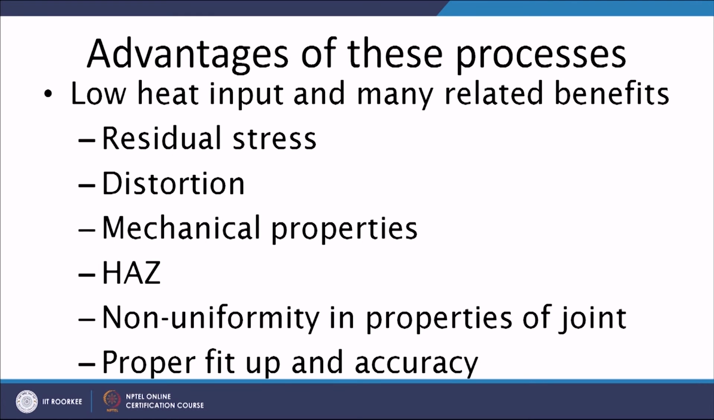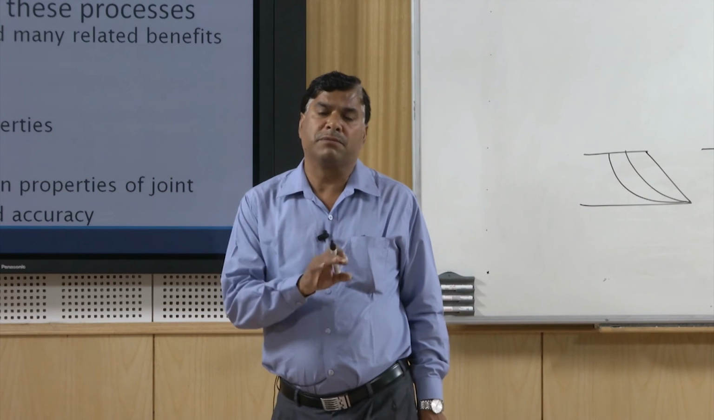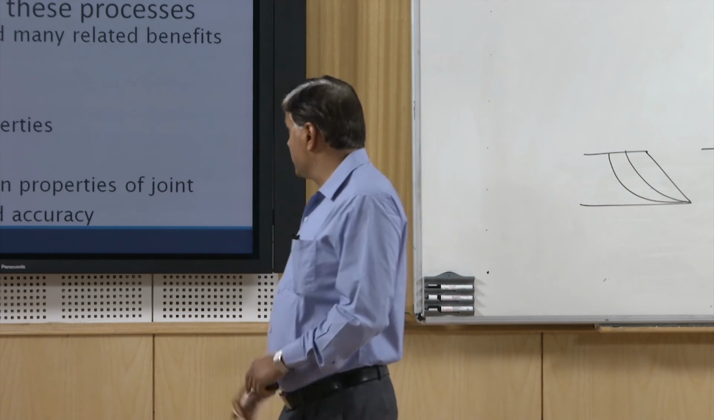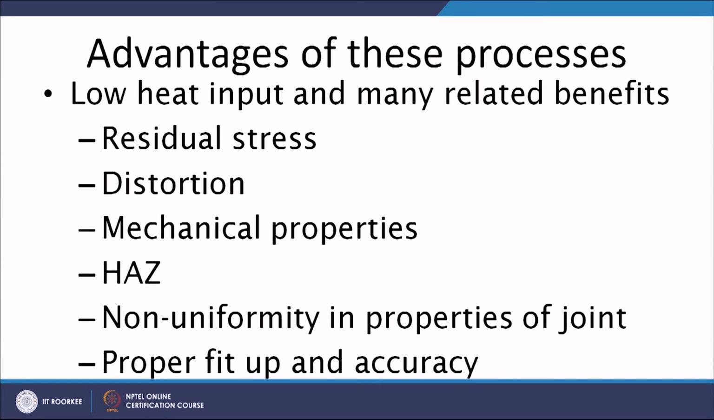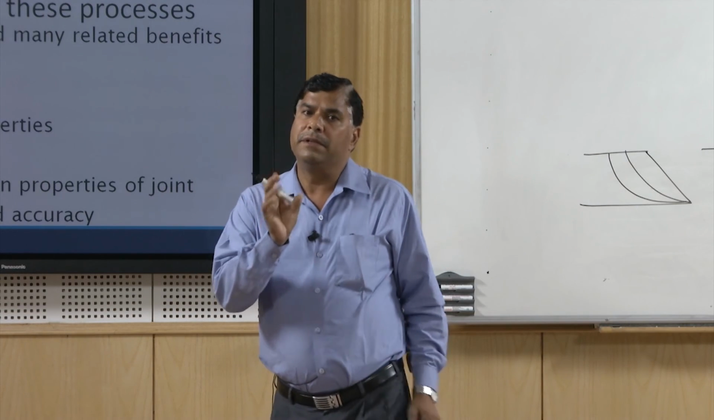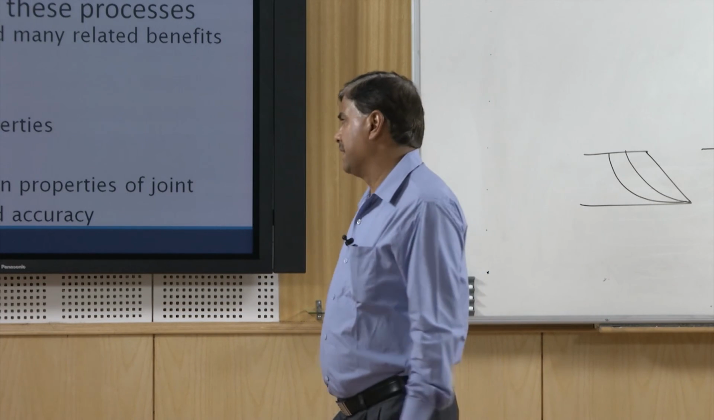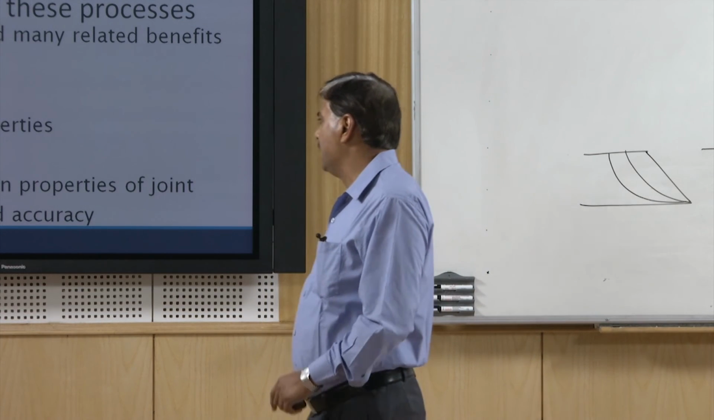Mechanical properties are reasonably good. It is not so in case of soldering, but brazing and braze welds offer reasonably good joint strength for moderate load conditions. Due to the low heat input, the heat affected zone size is very limited, and there is non-uniformity of properties in the joints. Within the joint, the properties are uniform, but as soon as we come across to the base metal, certainly there will be a large change in the properties,